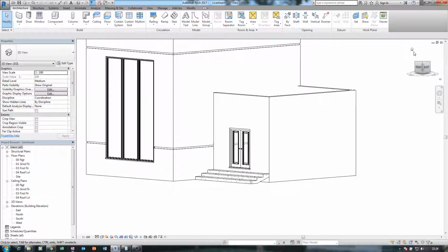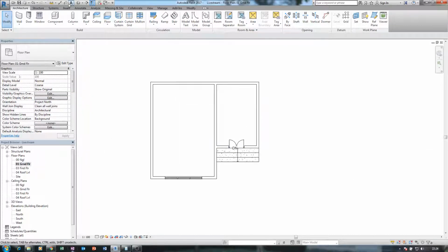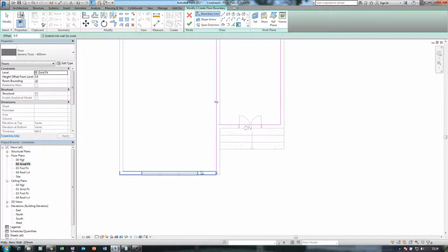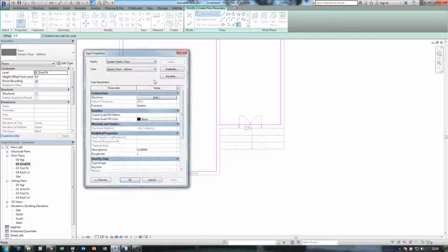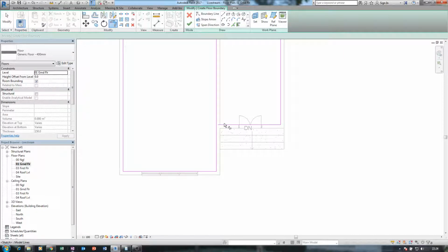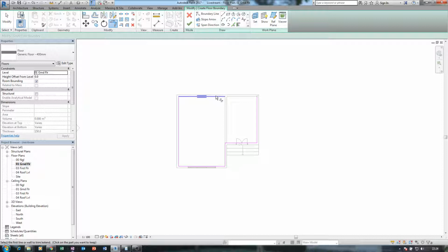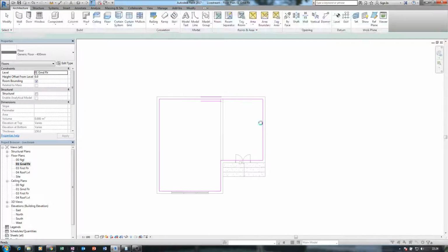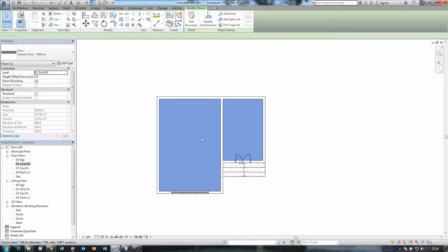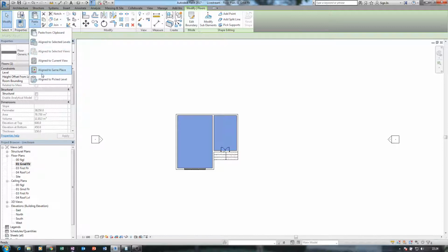So let me just quickly make a floor and change it to 150 mm. Good. And I can just click and align to selected level.